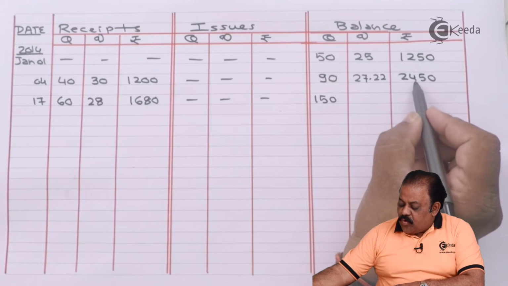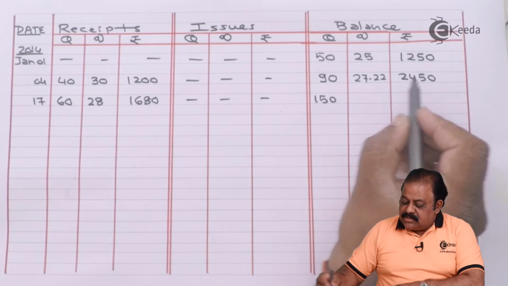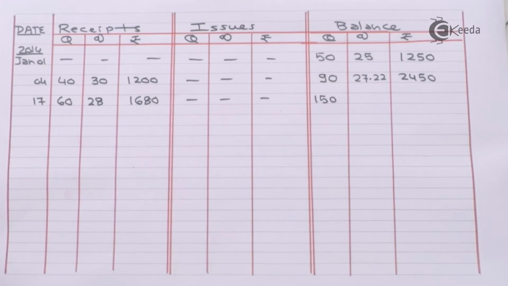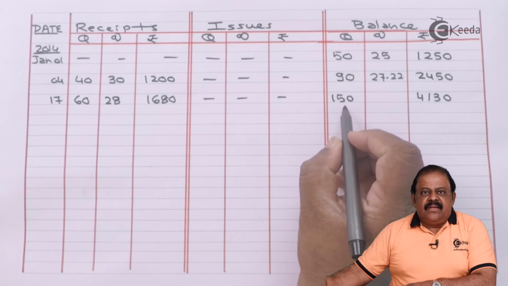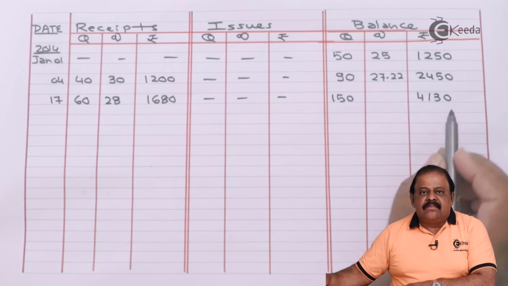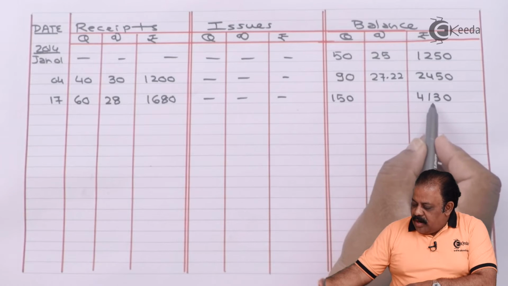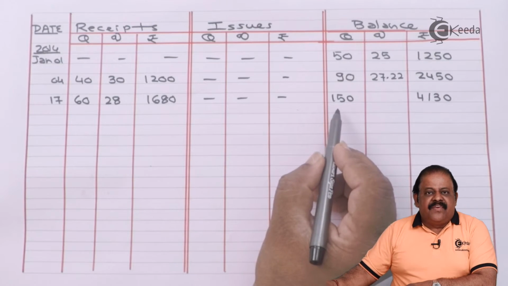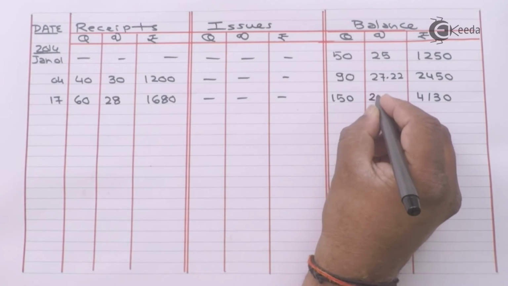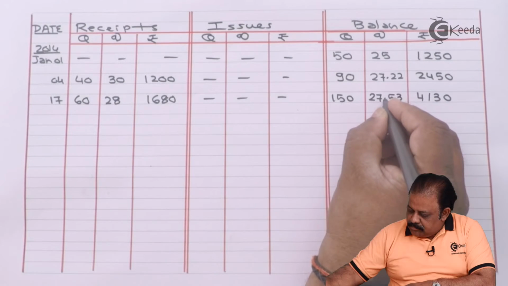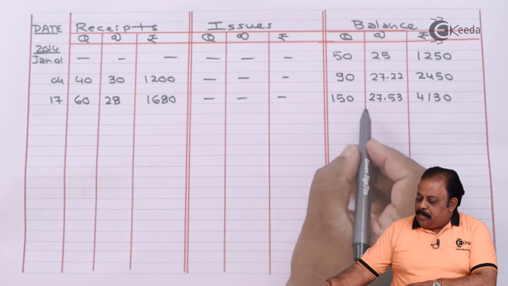Value is 2450 plus 1680. Total units are 150 and value is 4130. Now 4130 will be divided by 150 units to arrive at the weighted average price. It is rupees